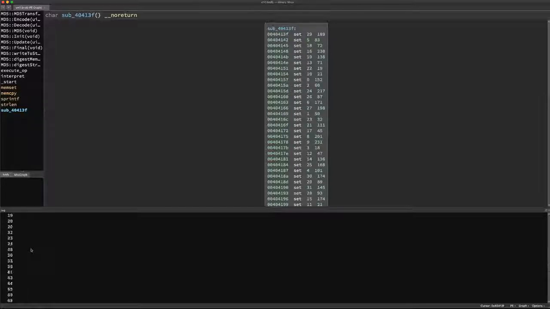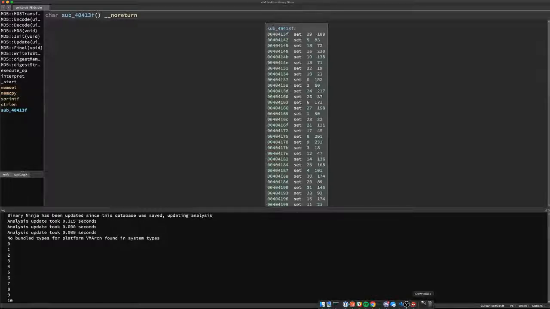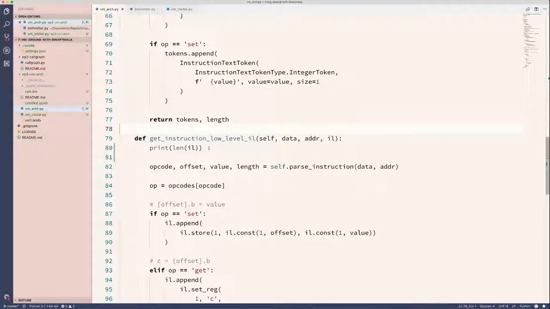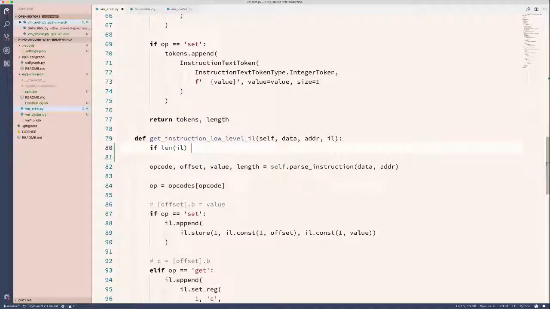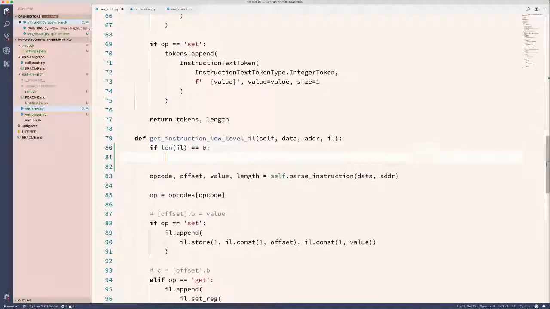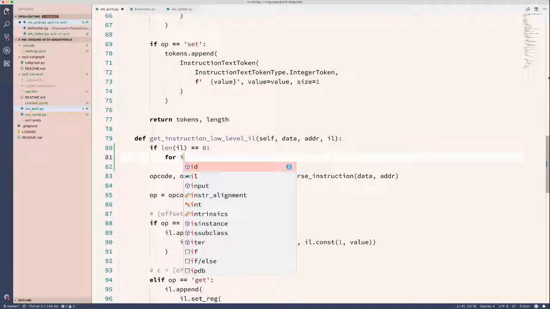So we're going to do something really janky, which is, if len il equals 0, which I believe it does when we first come in, yes, then we are going to do a for i